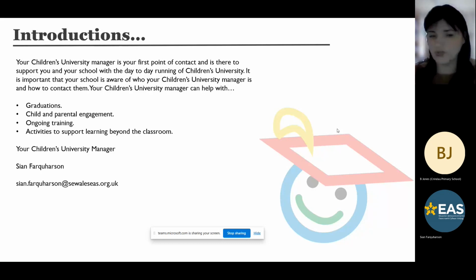They tend to happen once a year in the summer term, so it gives you that academic year to work towards those hours and those certificates. She can also support you with child and parental engagement, ongoing training. So if you need to touch base with me again with anything, she can signpost you to me